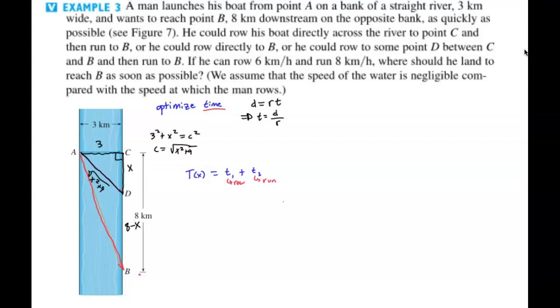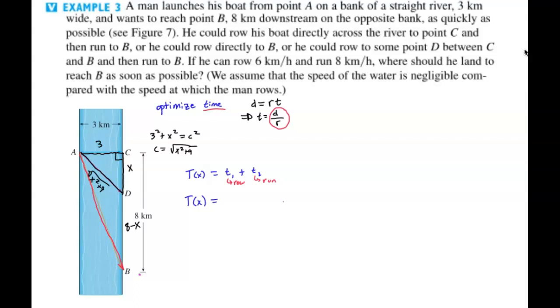All right, and so both of these, T1 and T2, are going to consist of the distance divided by the rate. So T1 is the distance he rows divided by the rate that he rows. And T2 is the distance he runs divided by the rate that he runs. All right, so let's do that. So T of x